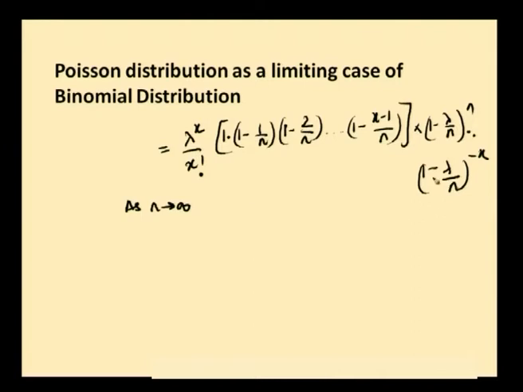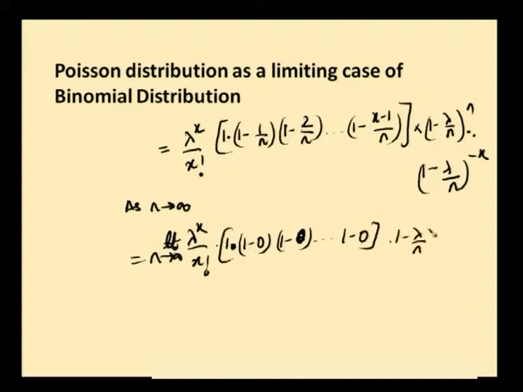Okay. At the same time, 1 minus lambda by n also becomes 0, and this is 1 power minus x, so this will also become 1. So the remaining is only lambda power x by x factorial as you take the limit as n tends to infinity. Okay. All these are 1 into 1 minus 0 into 1 minus 0 etc. 1 minus 0